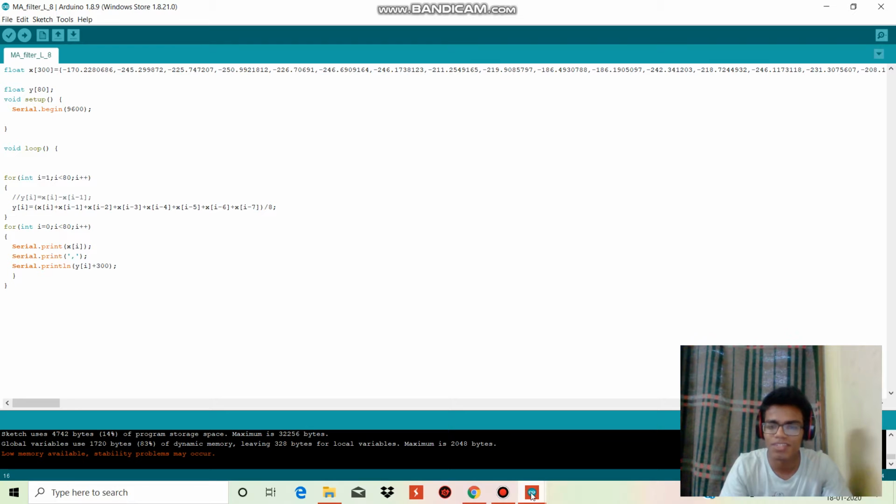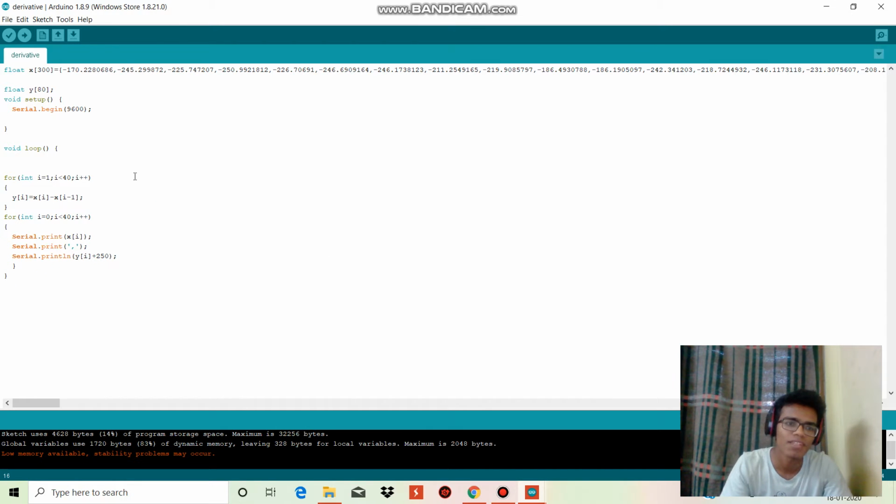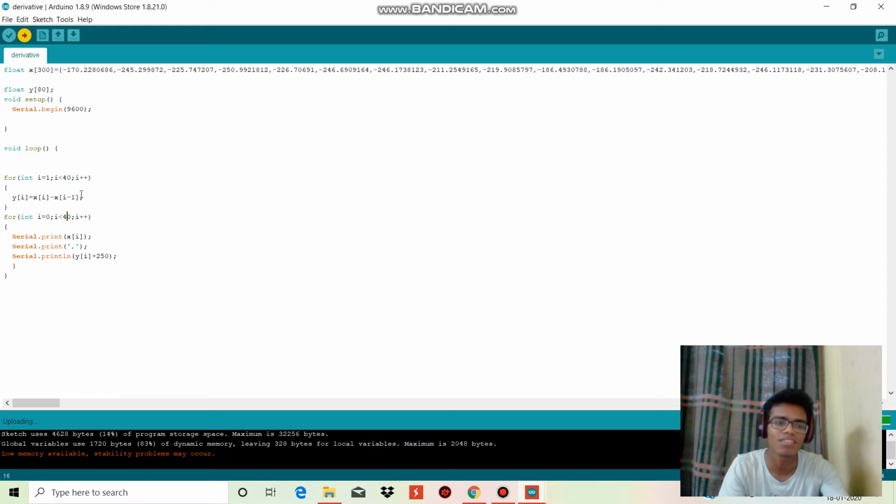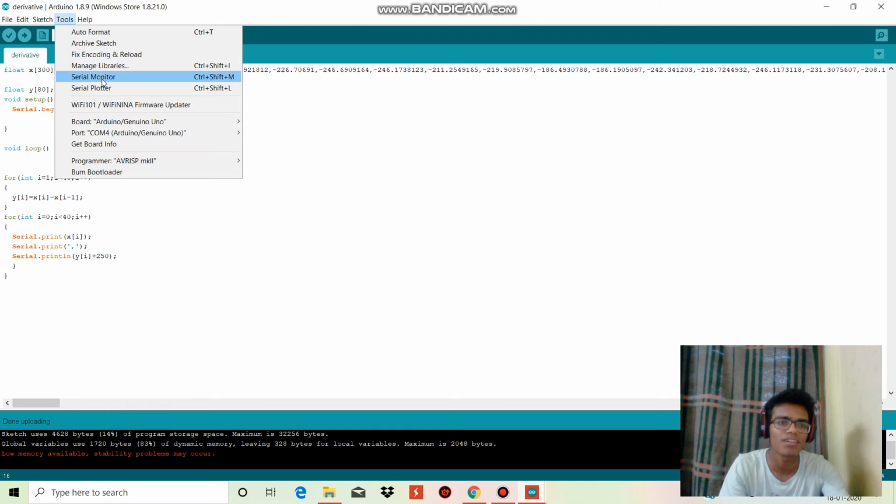Next comes the derivative filter. This is a derivative filter of first order. Everything is the same except for this part: y of i is equal to x of i minus x of i minus 1. So this is a derivative filter of first order. If we were to see the graph,